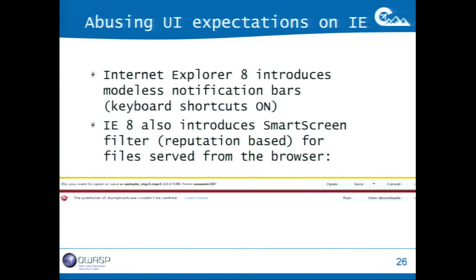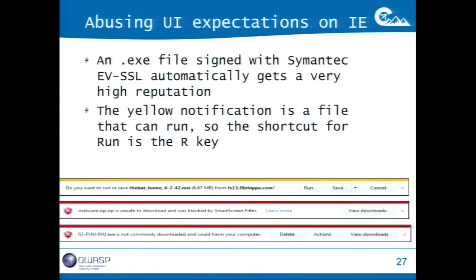Okay, pop-ups a bit better, and together with this modeless bar, Internet Explorer 8 introduced the SmartScreen filter, which is a kind of reputation-based filter that really doesn't work. So every time, for example, you are given an executable, that executable is run through the SmartScreen filter, and depending on what the executable has, if Microsoft already scanned it, you can get a yellow bar if it's all right, or red, for example, if it's a virus, malicious code, whatever. The trick is that